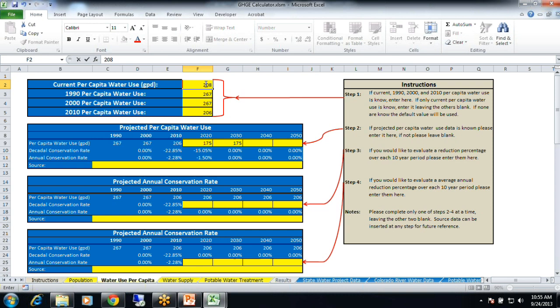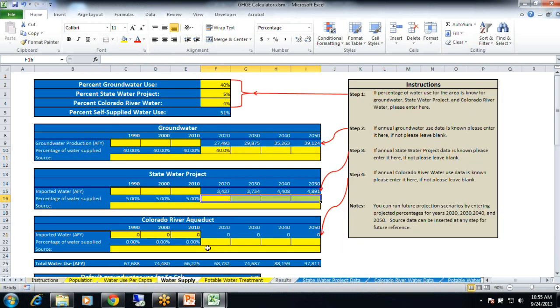I don't know why. Maybe they have a reason for that, but this is just the data I was provided, so I'm using it, assuming that they have a reason. I can't think of any reason why they would go up, but they might. So this is the data I was provided, so this is what I used.